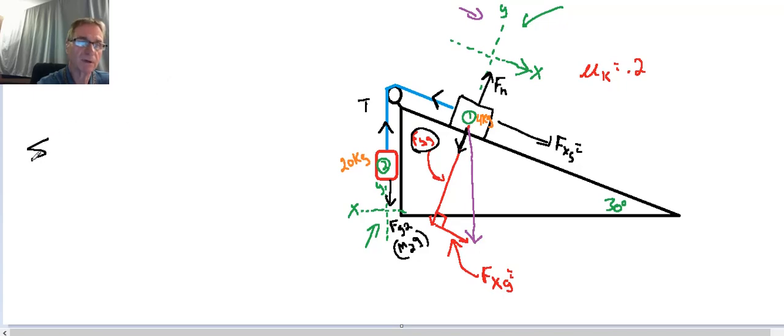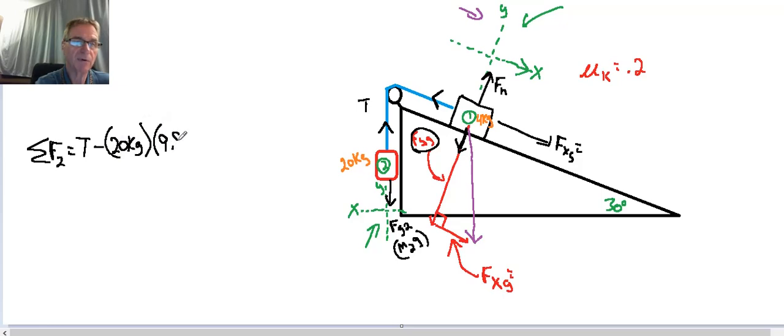Let's go over here. For block number 2 in the y direction, it has the least amount of things involved in it, so it's the easiest one to write. So what do we got? We have tension pulling up, and we have gravity pulling down. So it's going to be tension minus gravity is equal to m2 times g, so 20 kilograms